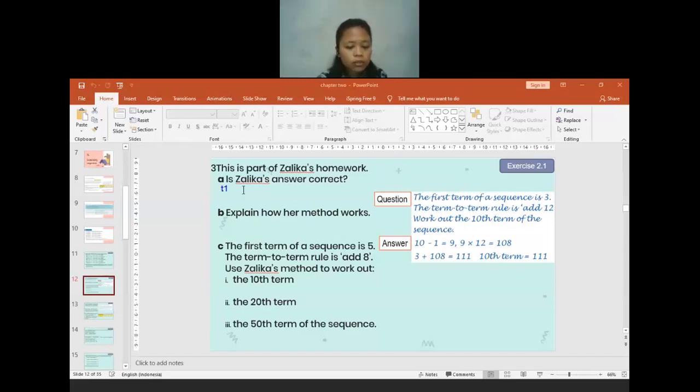This is term 1, term 2, term 3. The table will take some time. I do not write until the 10th term, there is not much space. I will just write it until the fifth term to show you how it works. Can you see T1, T2, T3, T4 until T5? Can you see them all? Yes.